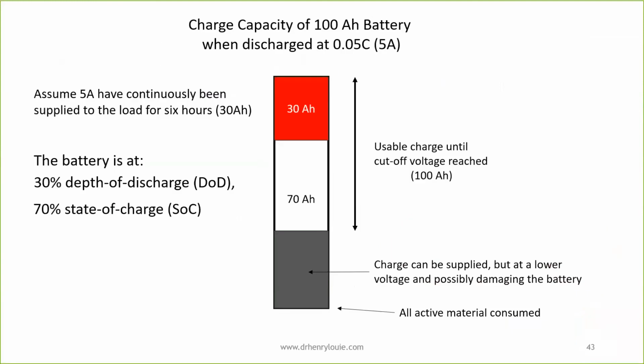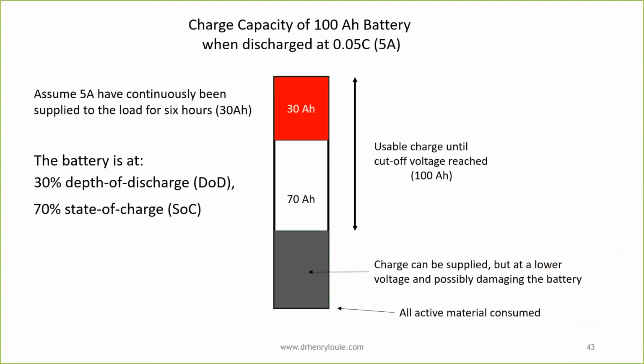And the last thing I want to say about batteries is that we typically talk about the depth of discharge or the state of charge of the battery. And here's just a picture on how you might interpret that. So let's say we have a 100 amp hour battery and we've been discharging it at 5 amps. So we've been discharging it at 5 amps for 6 hours, so we've extracted 30 amp hours of charge from it. Well, this battery will still then have 70 amp hours left because it's a 100 amp hour battery. So we would say that we are at a 30% depth of discharge with 70% state of charge remaining. I hope that makes sense.